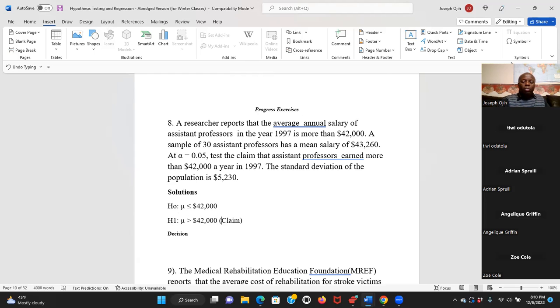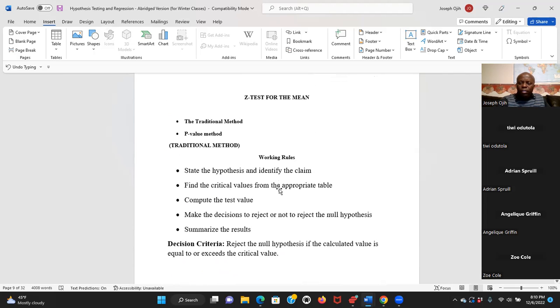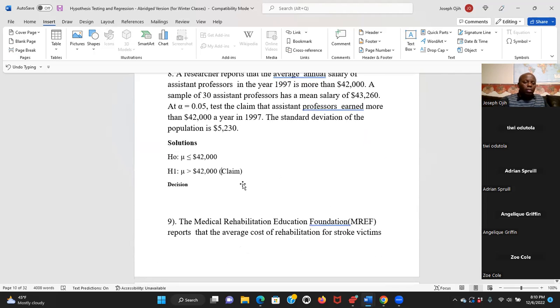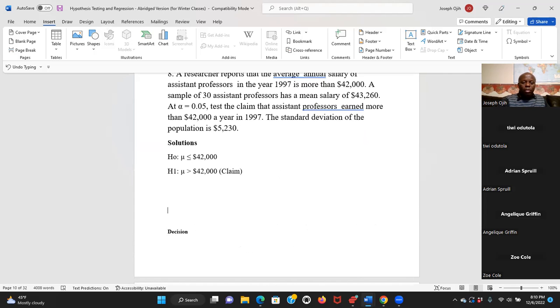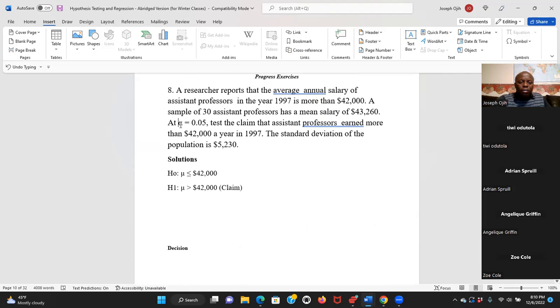After that, you do what? You find the critical values from the table. Find the critical value. That's the next thing we need to do. Let's find the critical value. What's our alpha? Our alpha here is 0.05. That means your chance of committing type 1 error is 5%. So our critical value,